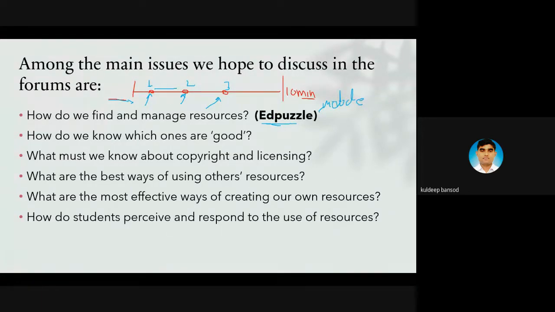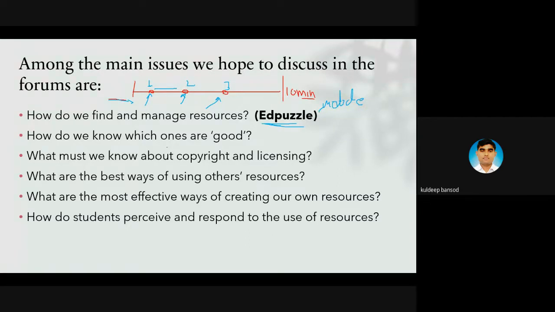This activity will be taken by Dr. Arpade, so I am not going to talk more about this, but you can have ready-made videos with questions embedded inside the video. So you can have good, valid learning resources on Edpuzzle. It is not like YouTube, where you get anything; it is not like that on Edpuzzle. You can get the learning videos over there.